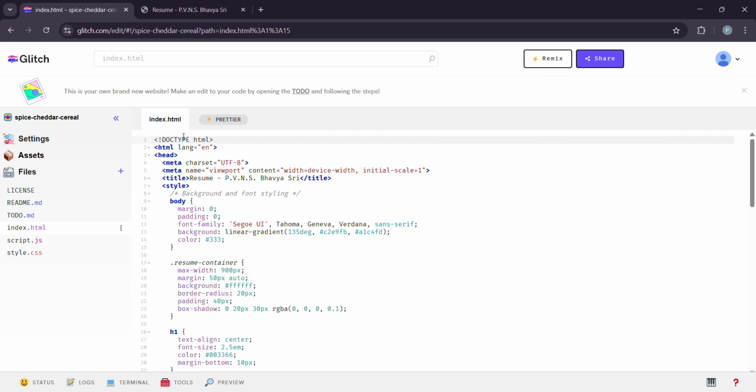Then inside the HTML, I set the language to English. In the head section, I added a meta tag for character encoding, another for responsive design, and set the title of the page. I included a style tag where I wrote all the CSS. Now in the body